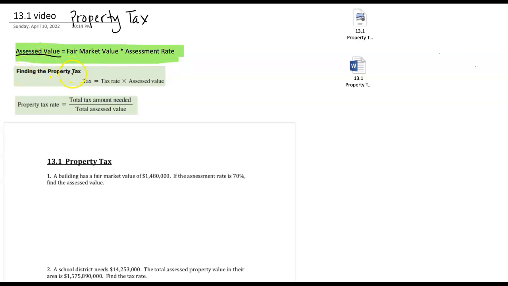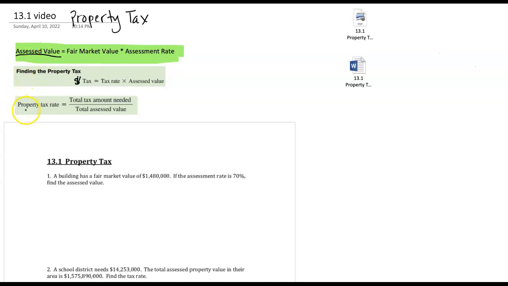Find the property tax. The property tax dollar amount is the tax rate times the assessed value. Again, that assessed value is something that's used in an assessor's office, which is part of your government